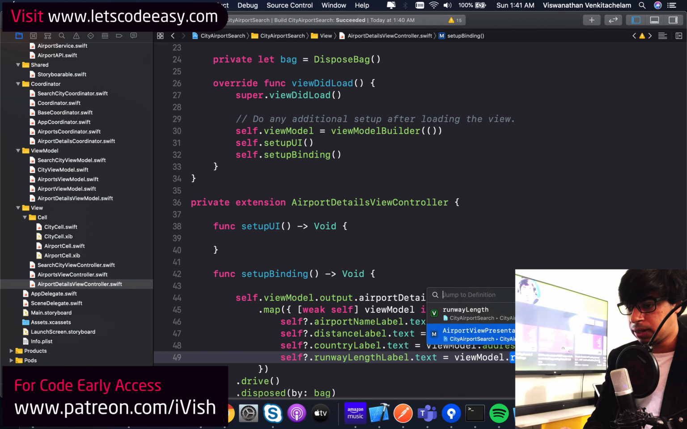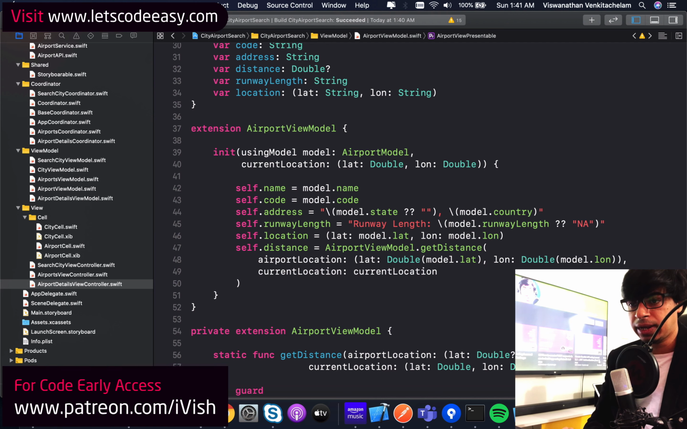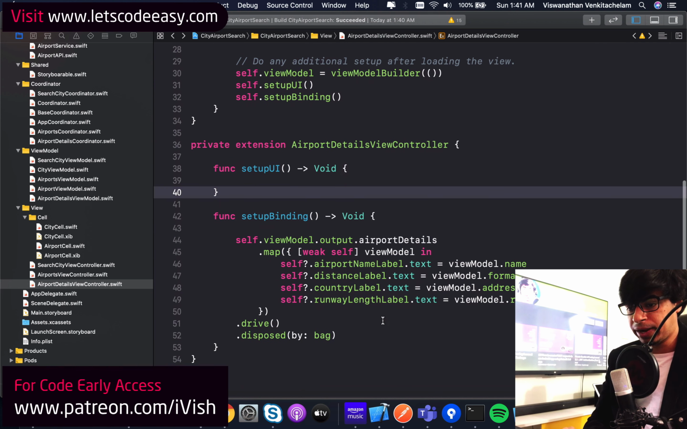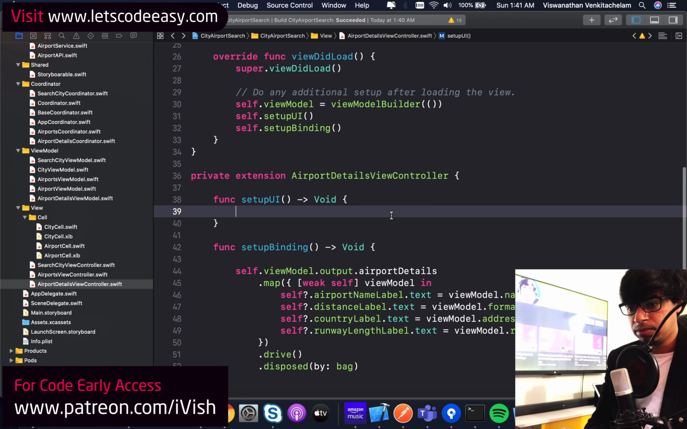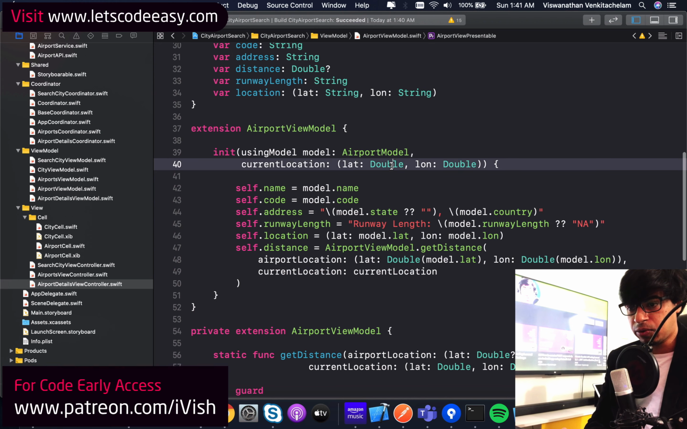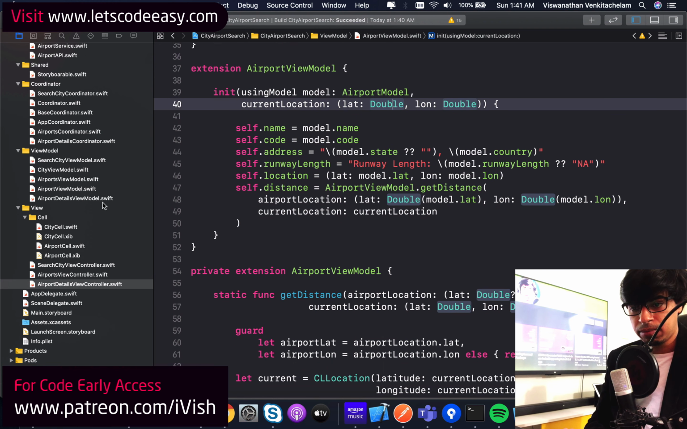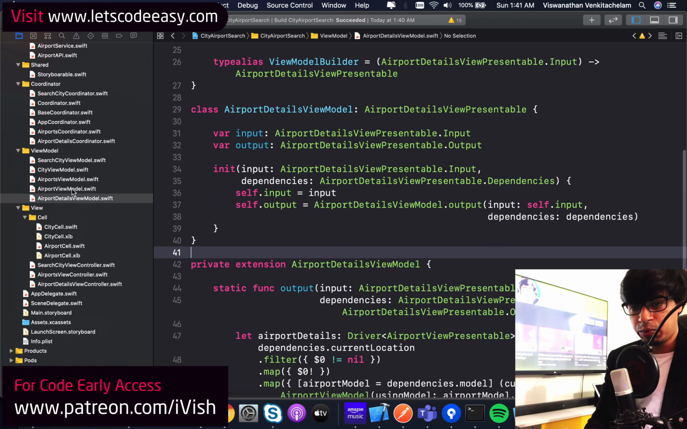Runway length, okay, we say runway length if it is okay, that's cool. So we already handled it there, we just need to map it and show that. So I guess this is the first step. This should actually show us, I think end to end we have bound it, starting from, let's say, airports view model,